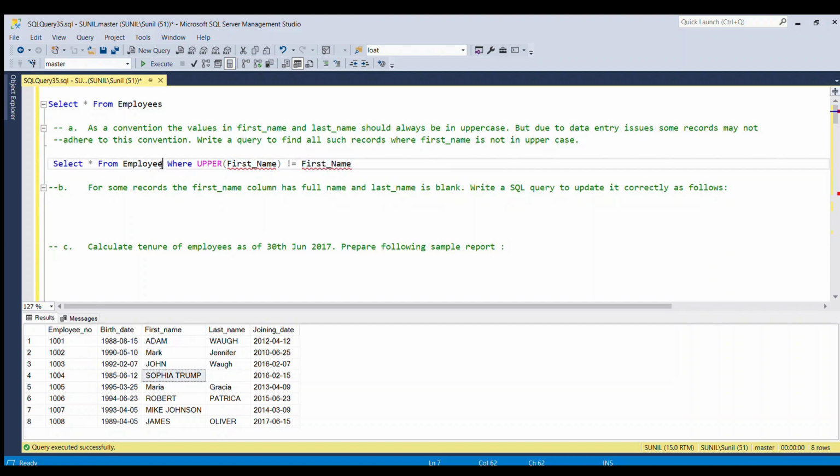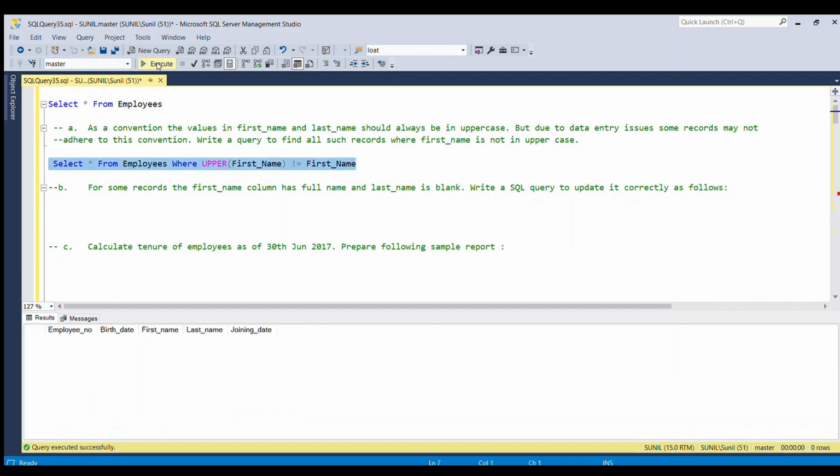I think the table name is employees. But if you try to run this, it will not give you the correct result, because it is doing a case insensitive comparison over here. If I want to make a case sensitive comparison, for that we have to use a collation. So for that we have to write COLLATE